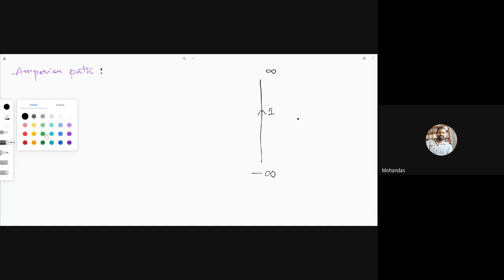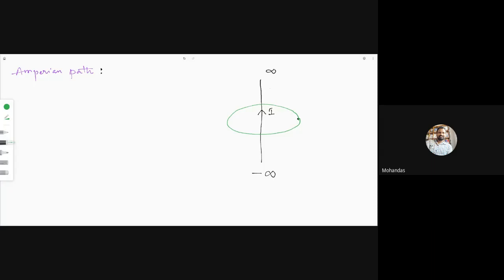At that particular point, you should draw an Amperian path. That Amperian path should be suitable for this vertical current distribution conductor. So what is the shape of the conductor? Cylindrical, right? And that Amperian path should be a circular one. At this particular point you should draw the Amperian path, and that Amperian path should enclose this conductor.